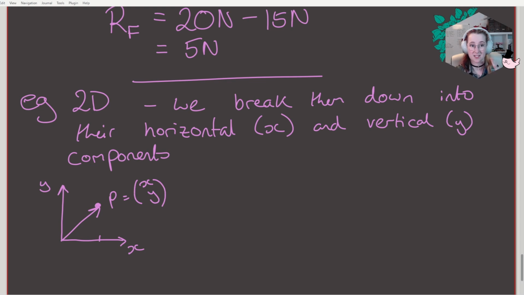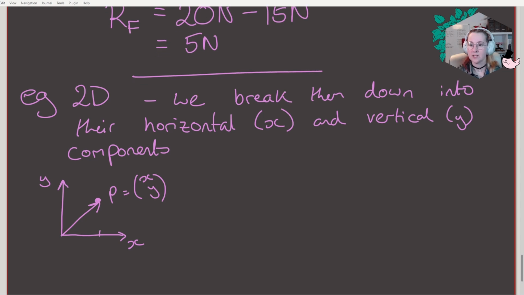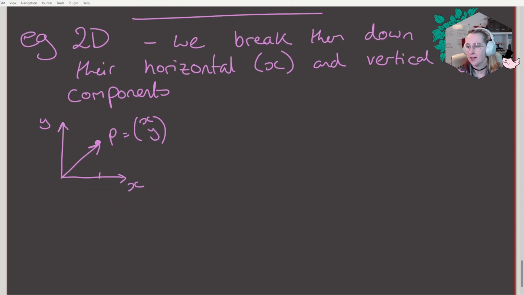So we do the same thing with vectors. Because they are directions and arrows, we break them down into how much they feel across and how much they feel up. And then because it's the resultant force, we get this overall effect of being at an angle. So an example of this, if I have my particle and I have 5 newtons here and I have 20 newtons here, and I'm going to say that this angle